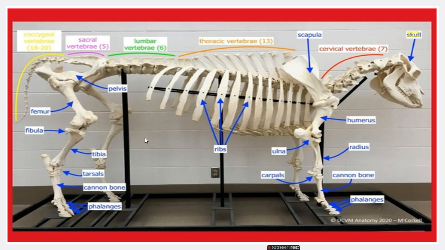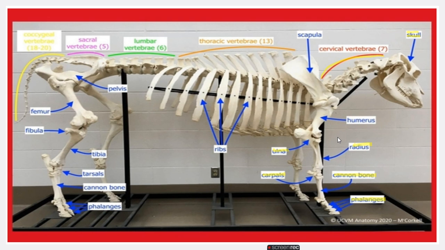Moving forward, talking about these bones in a picture, a very clear picture is depicted over here. This is the skull. The skull has cranial bones and the facial bones of the face. In the face, there are the maxilla and the mandible. These are the jaw bones, and then we have the cervical vertebrae, right? And then this is the scapula, the humerus, radius and ulna, right? This is the cannon bone. This is the carpal, and these are the phalanges.